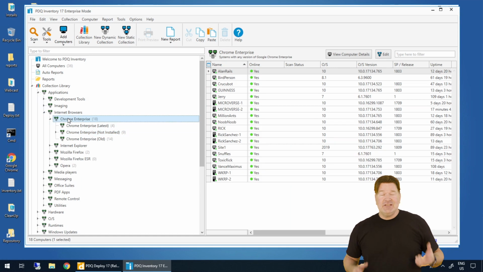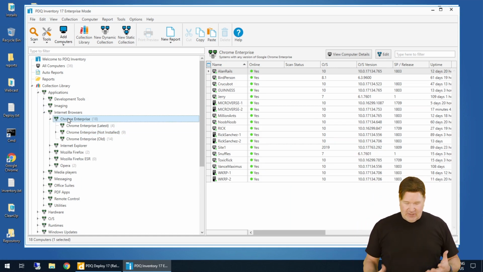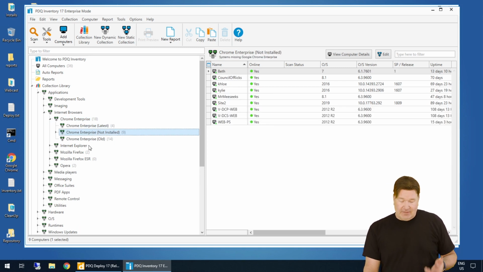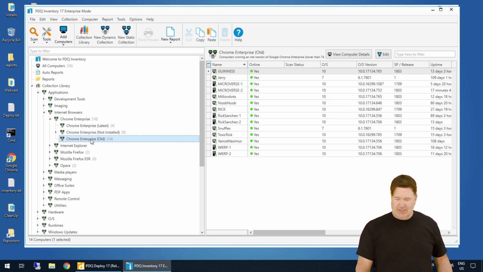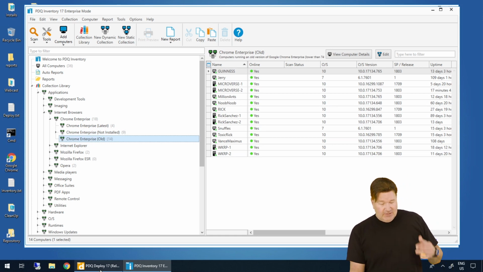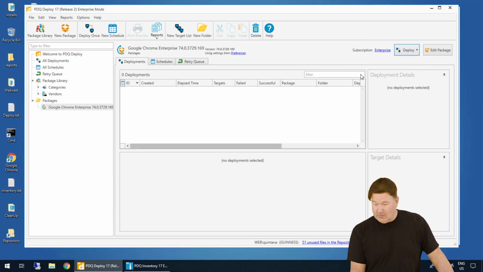I've got 18 machines that already have Chrome. That's good to know. 4 of these machines have the latest version. 9 don't have it, which I don't think they want it. And then 14 have an old version. So if I'm just updating Chrome to machines that need it, all I need to do in deploy is now go deploy once,